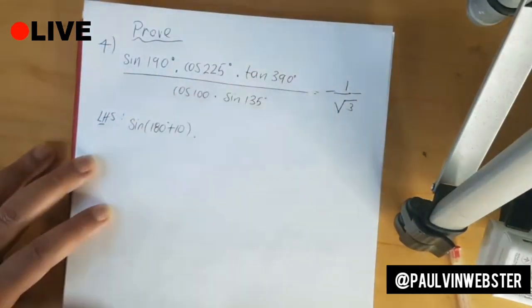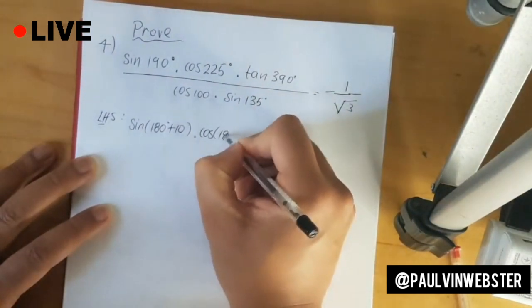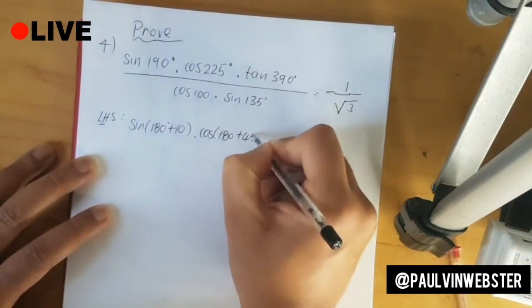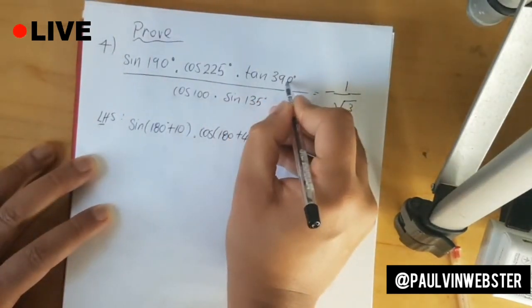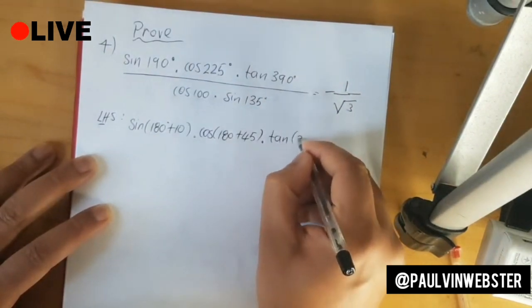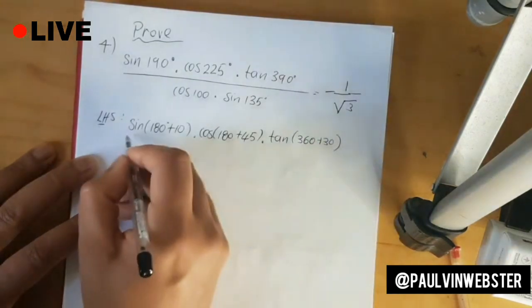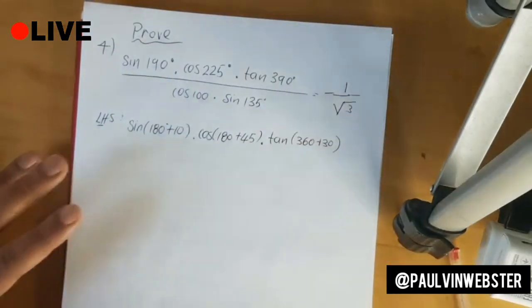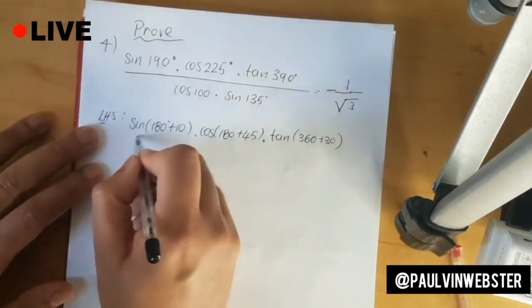And cos of 225 we can also write as cos of 180 plus 45. And tan of 390 we can also write as tan of 360 plus 30. And all of this mess you need to divide by